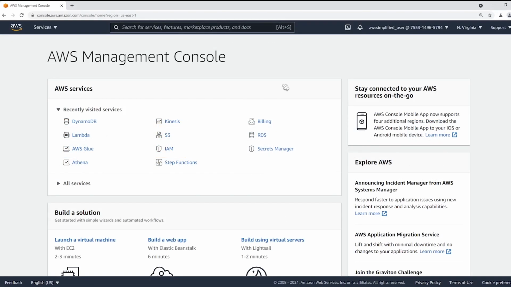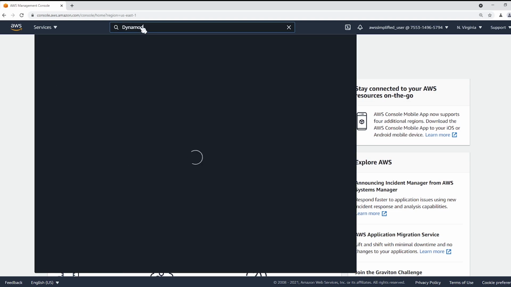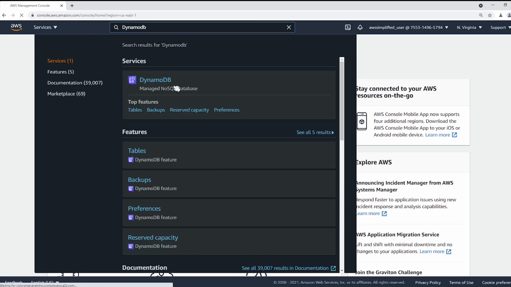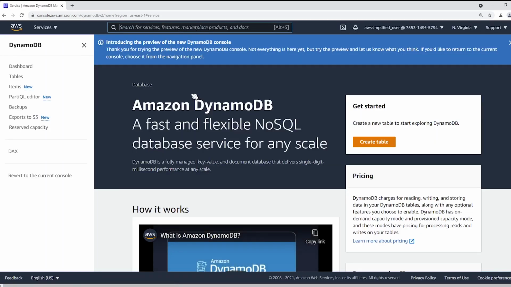All right, everyone. So here we are in the AWS console. The first thing that I want to do is create a DynamoDB table. So let's head over to the DynamoDB section to do that, going to the top search bar here, typing in DynamoDB and clicking on the first result. And this is using the new UI experience, by the way, so things may look a little bit different for those of you that are familiar with Dynamo. In order to activate it, there was a ribbon bar up here that asked if you want to use the new experience. I clicked yes, so that's what we're going to be using for this video.